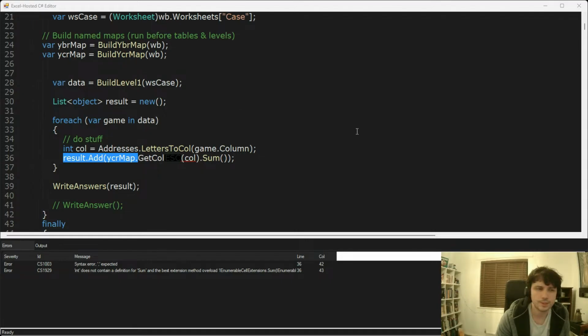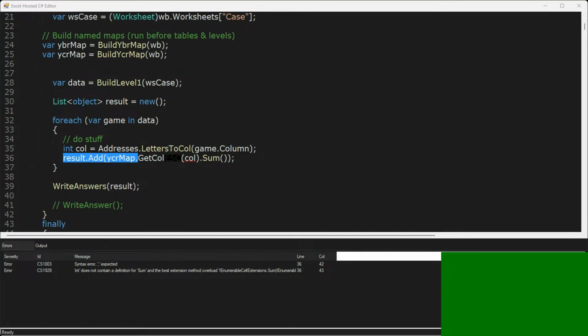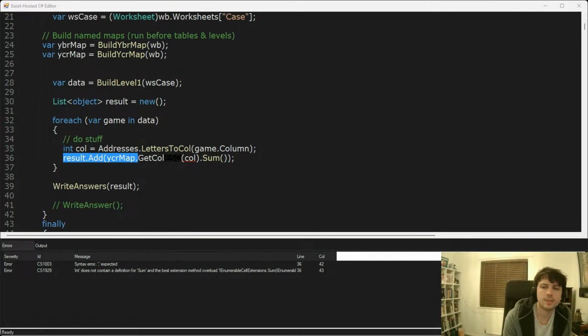Another one, which is: I updated my map classes, map and cell classes, with new fields, but not the generated code that populates them. Let's update that too. Then we got